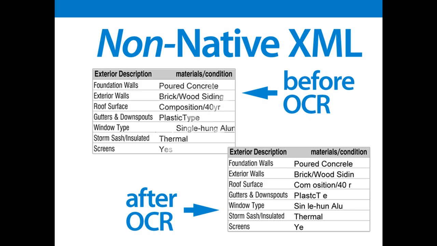So what are some of the potential errors that could lead to the file being rejected? One of the biggest possibilities of errors and rejected submissions deals with some of the solutions that appraisal software companies have developed, which offer to convert the appraiser's PDF file into the required XML format. The absolute best conversion solution is to have the XML file created when the PDF is created, right from the